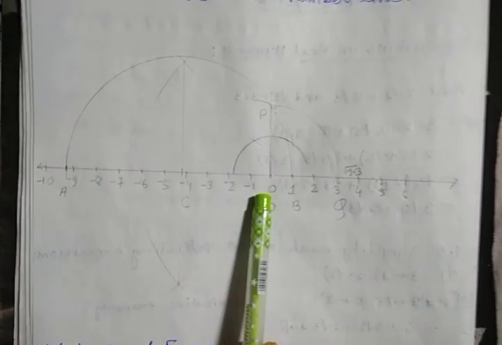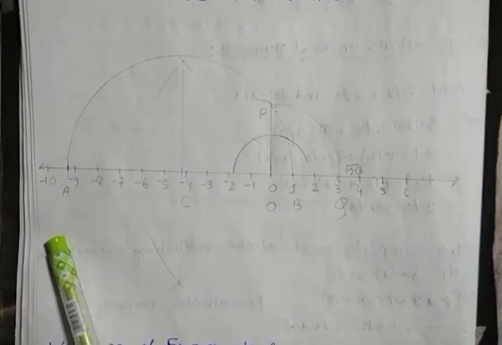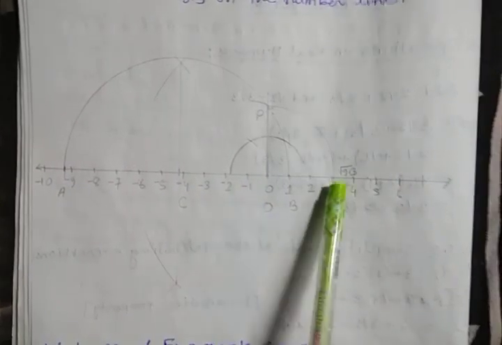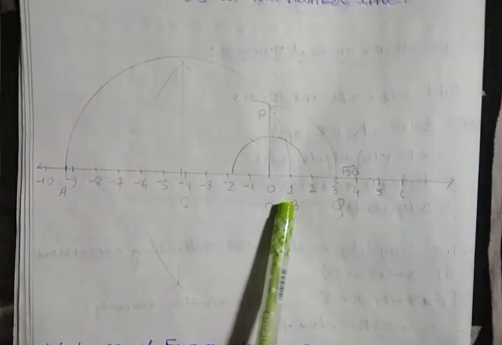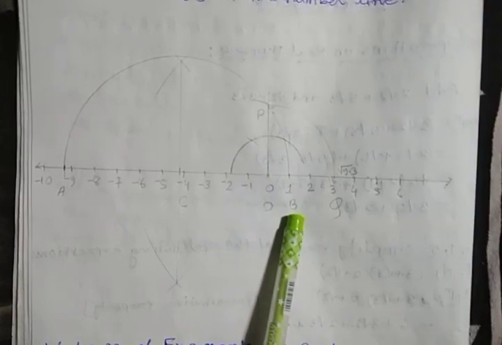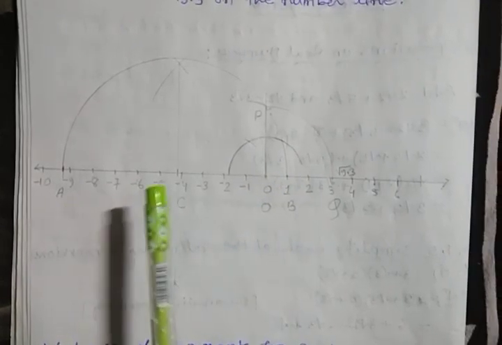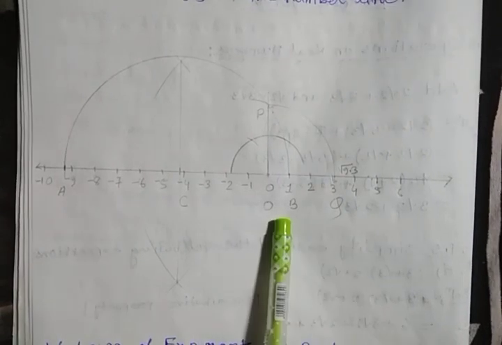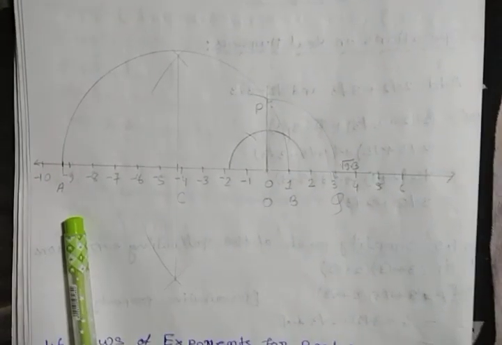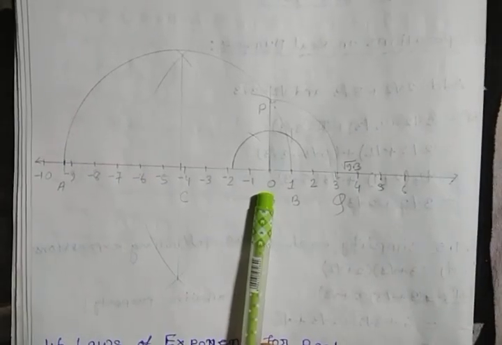Whatever is given in this question, that is 9.3, you have to take from 0 to the left side, and on the right side from 0 we have to take 1 unit more. This point will be denoted by B. So we need to draw the perpendicular bisector of AB. That means 9.3 plus 1, so 10.3. The length will be 10.3 centimeters.